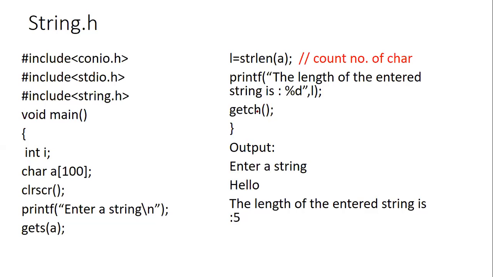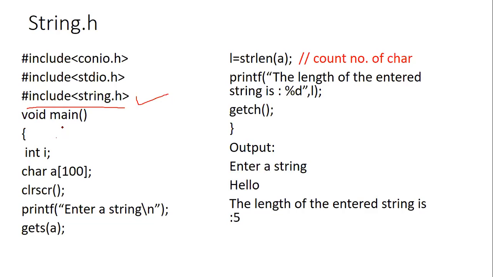Next is another example of using string functions. Our next topic is to see the use of string.h. string.h is a library file. When we are using the string functions, there are different operations present with that library, and we can use them in our program. So here we will see one example of the working of a string function. Whenever you want to use string functions, we have to add that header file in the program as #include <string.h>.